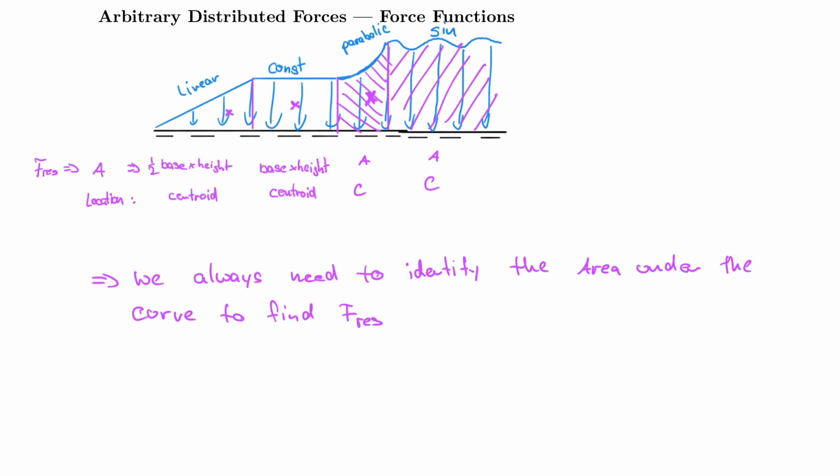And in fact, you did that already, like the area under the curve, again, base times height, right? That's the area under the curve. It's not very mathematical, but it is the same concept. So we need that to find F resultant, and